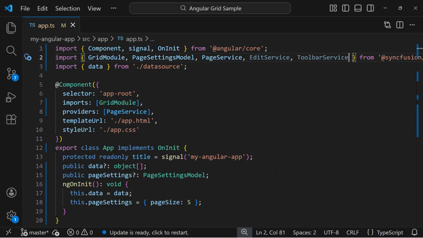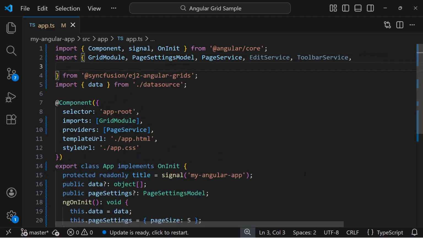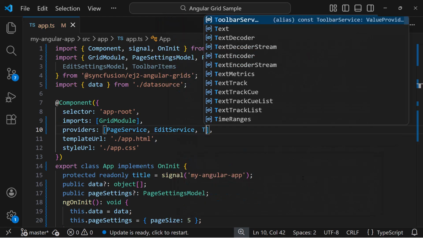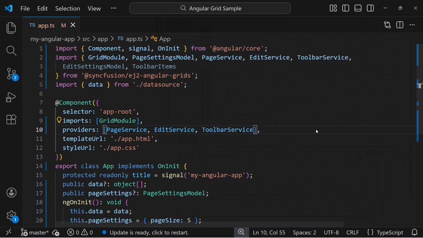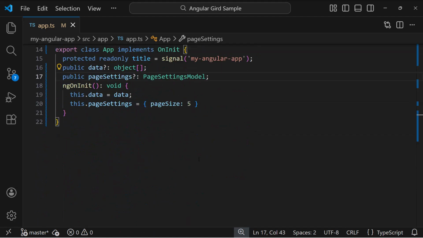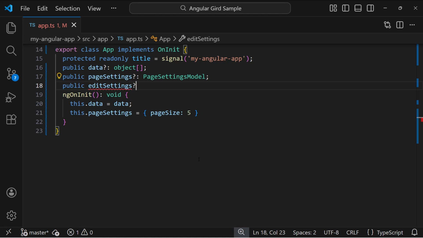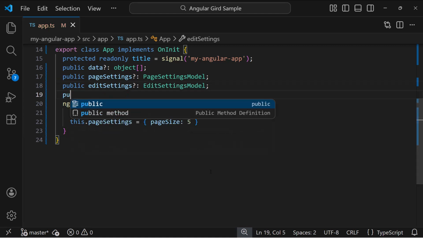I imported the toolbar service so that the built-in toolbar actions add, edit, delete, update, and cancel can be used in the grid. I also import edit settings model and toolbar items from the grid package. Next, I inject the edit service and toolbar service into the providers array. In the export class, I define public variables such as edit settings of edit settings model type and toolbar of